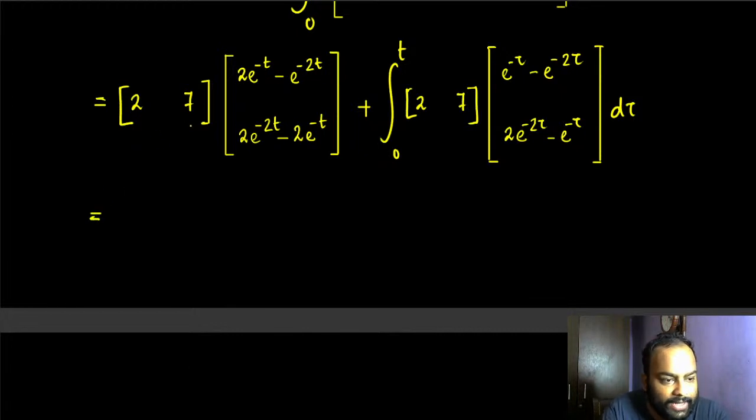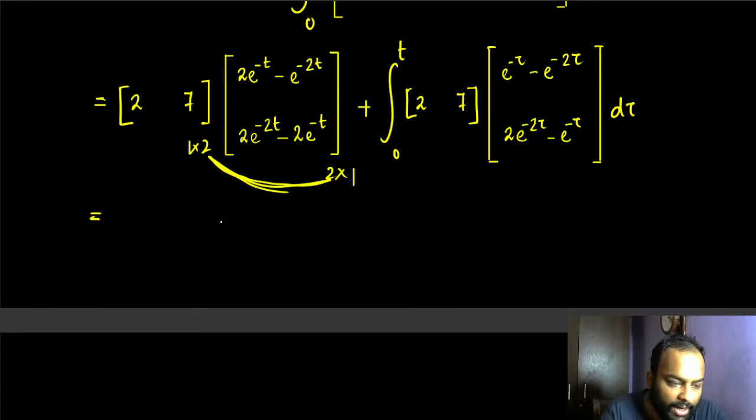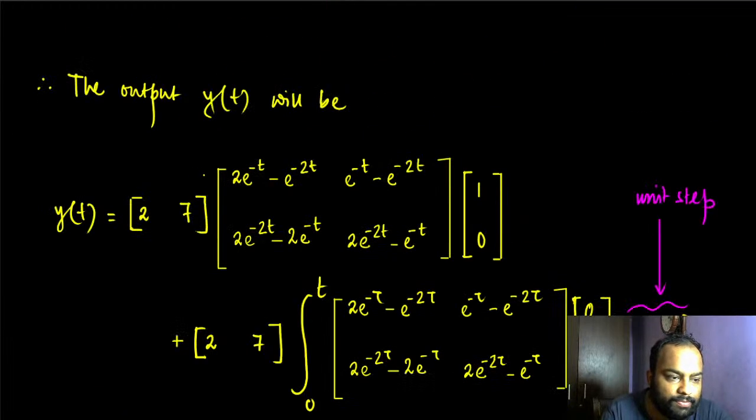All right, so here we just have to do this multiplication. So this is 2 by 1, this is 1 by 2, right? What am I saying? This is 1 by 2 and this is 2 by 1. Multiplication is possible because these two dimensions are matching. Resulting dimension is 1 by 1. Okay, which means the result is a scalar quantity, and it has to be because the thing that we are